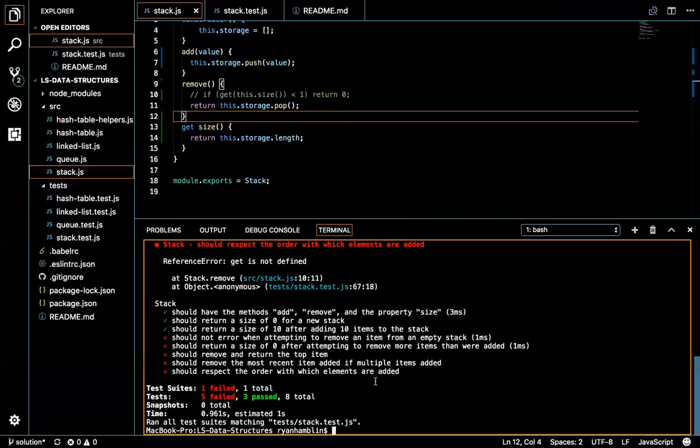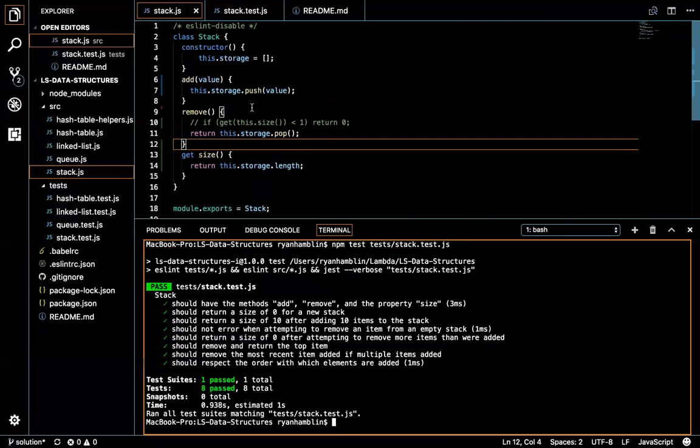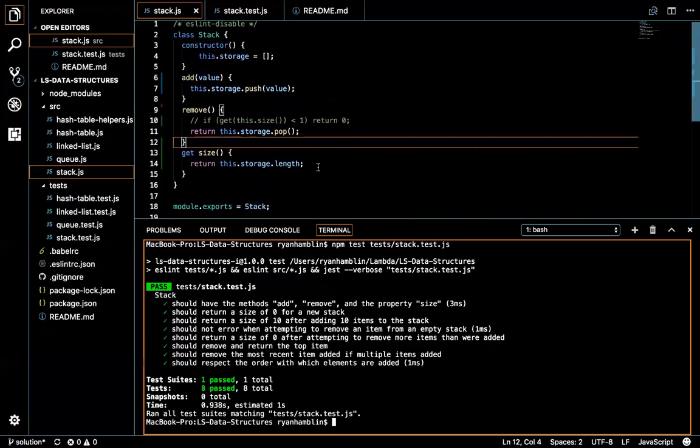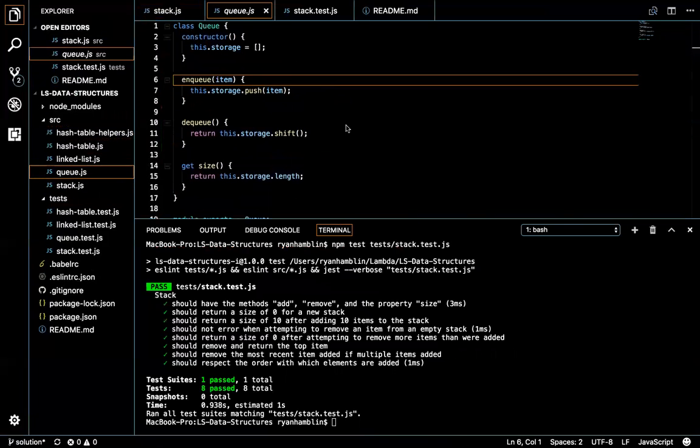But yeah, for the tests, it should just pass if you build this stack with a very simple, basic understanding of a stack. Awesome. So I don't feel like there's tons more to discover here with stacks, and we can move on to